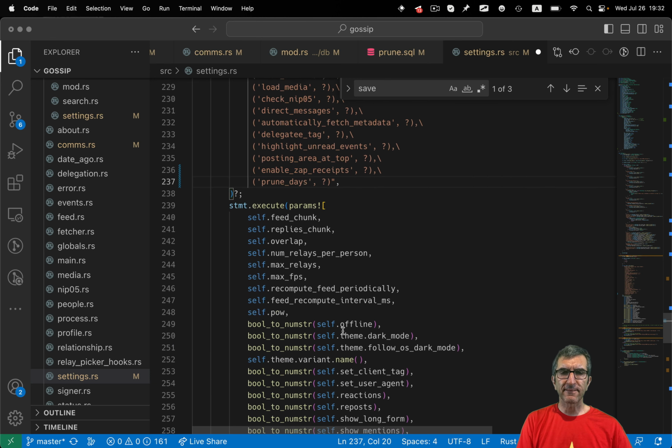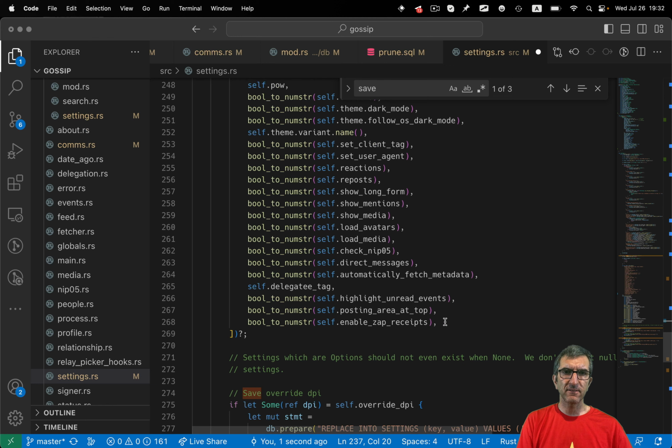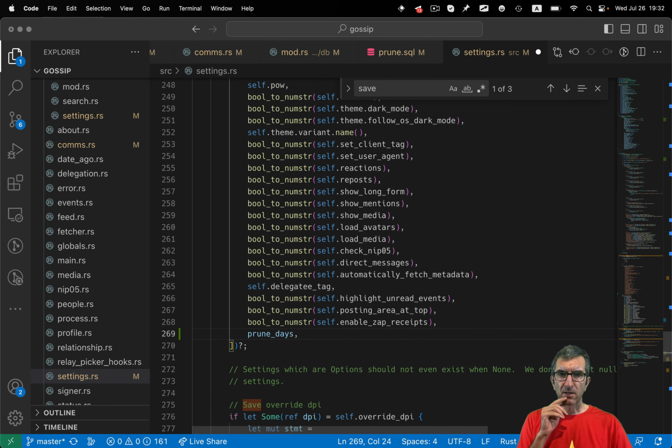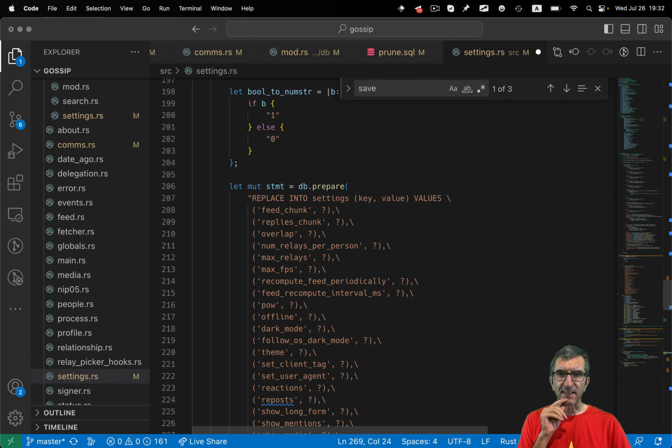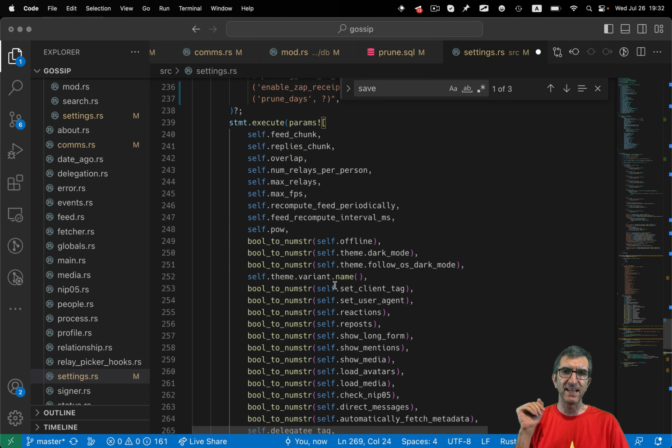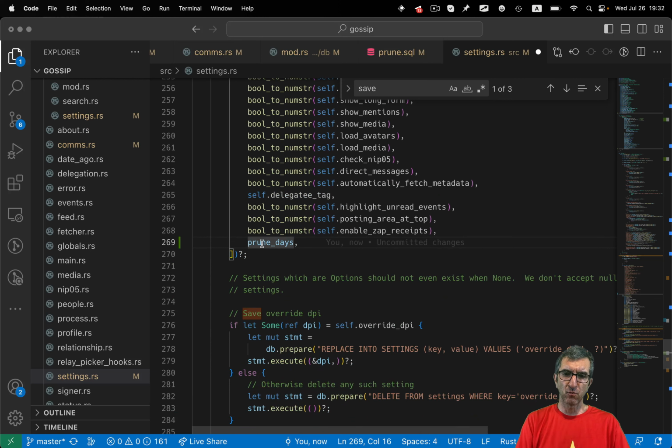Creates prune days, then adds these things to it. I will add mine. In this part, I can say that this is creating a query. It says replaces into settings these key values. Key is here, value will be provided later, and I'm providing mine here.